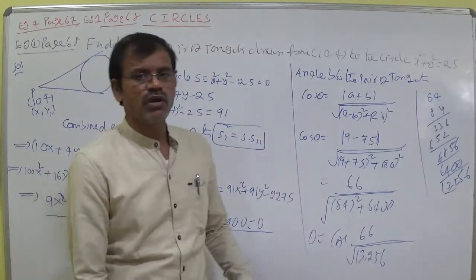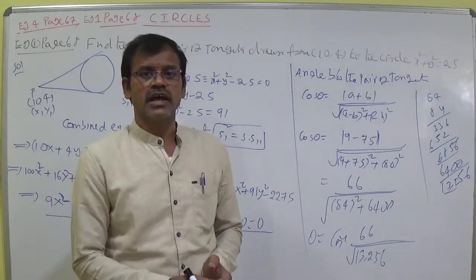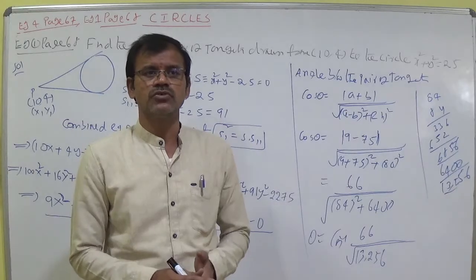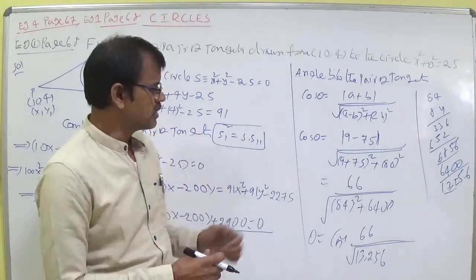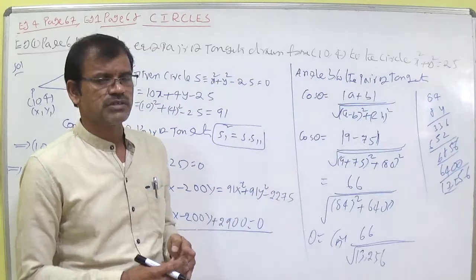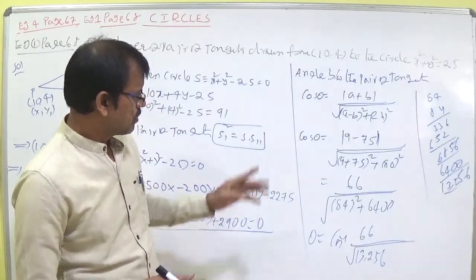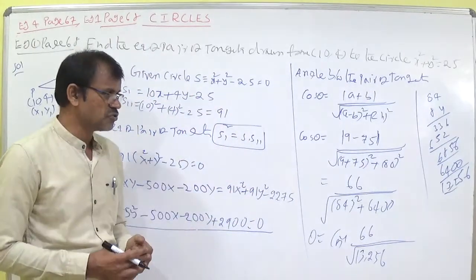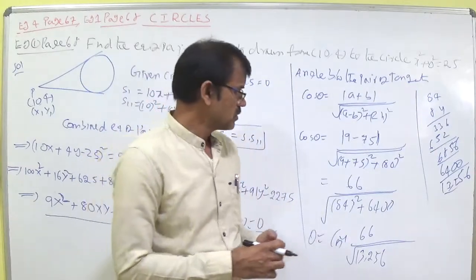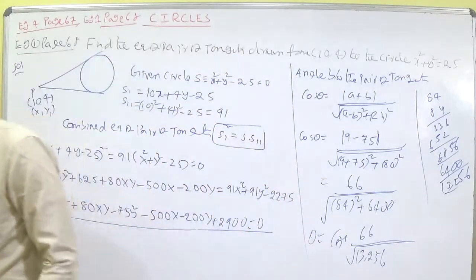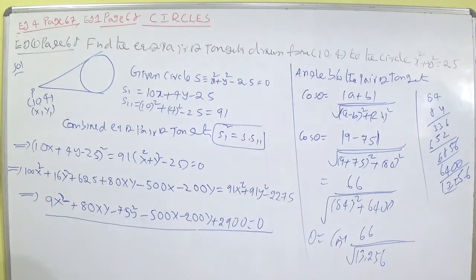If you want to calculate tan theta, the angle between two lines, use the formula: tan theta is equal to 2 root of h square minus ab by modulus of a plus b. This is the level 1 question 75-76. This much calculation you should do, and otherwise you can verify the option in the objective. Okay, one sum I did, the remaining sums you can do as homework.